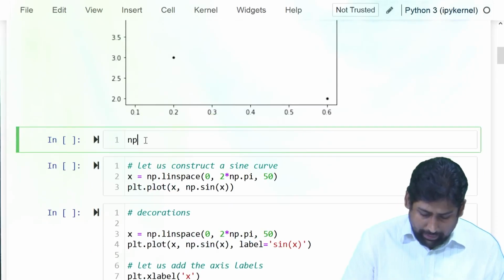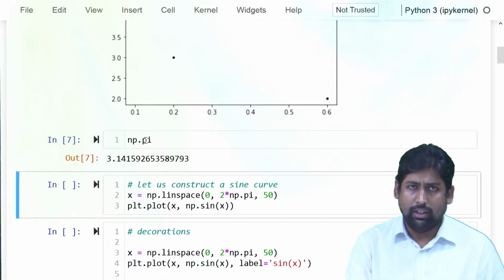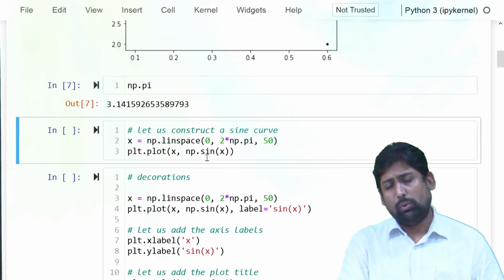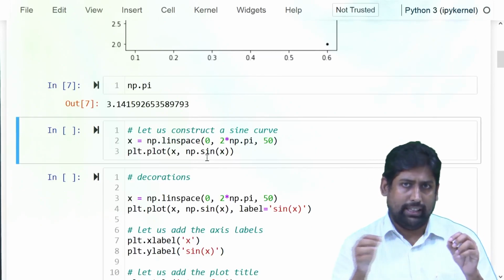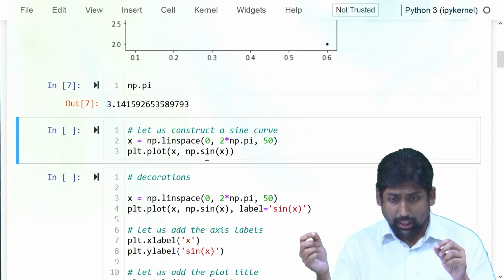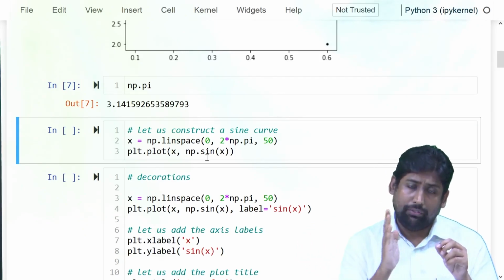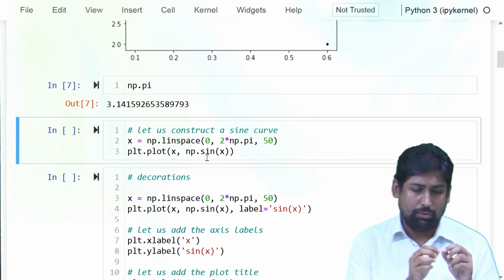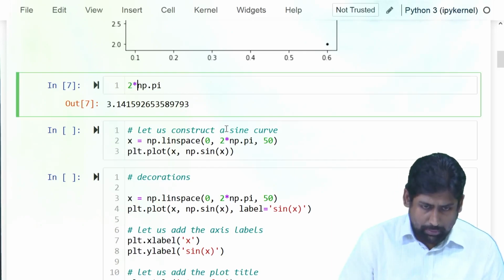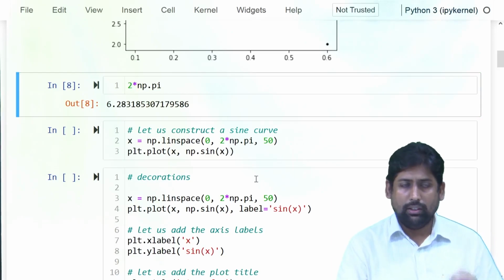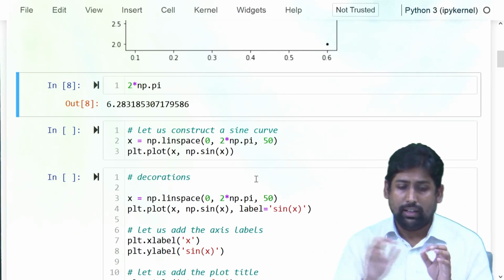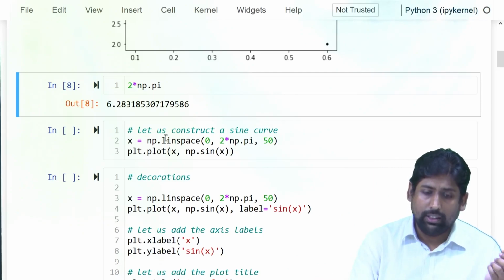If I just write np.pi, you will get the value of pi to a certain number of decimal places. So what I want to do is construct the x-axis starting from 0 up to 2 pi, and I want to create 50 intervals. 2 pi is roughly 6.28. So between 0 and 6.28, if I divide into 50 intervals, I will create what is called a linear